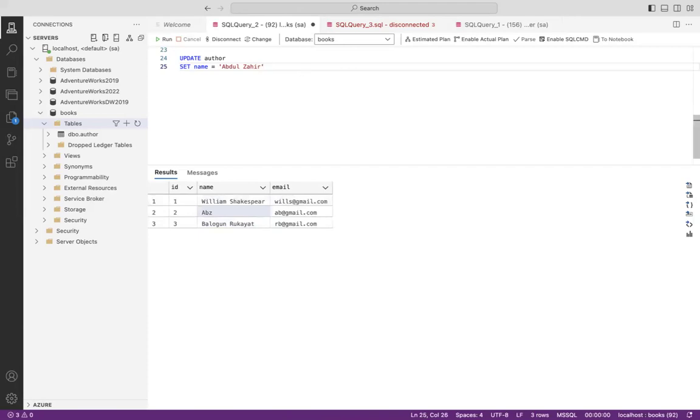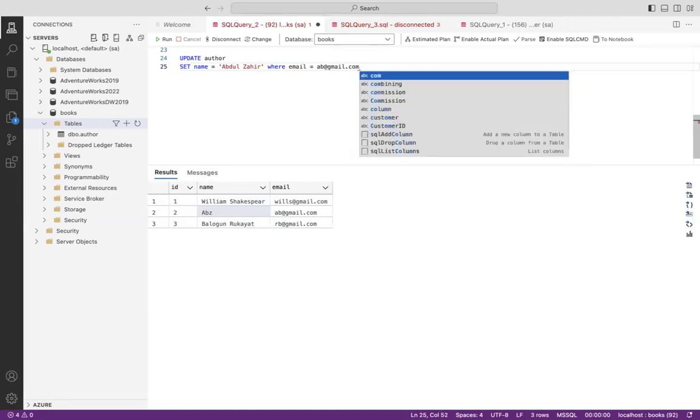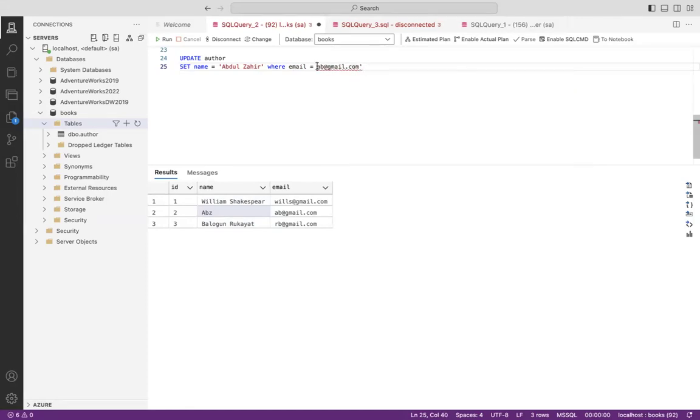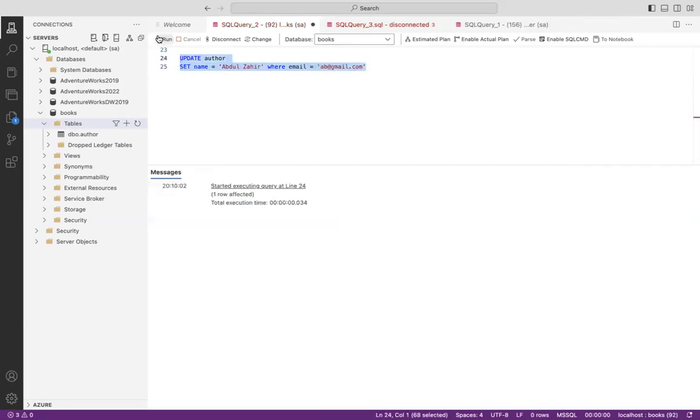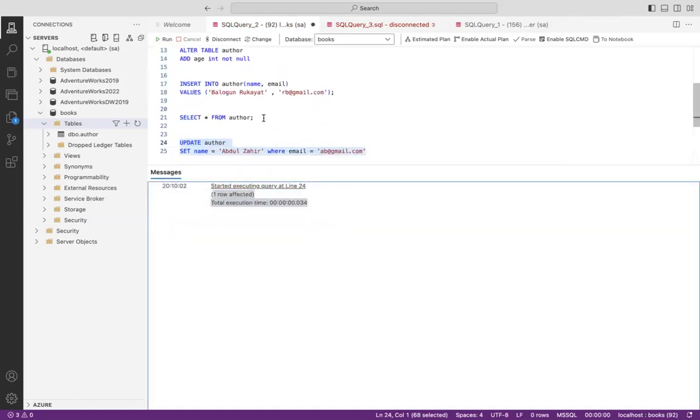So I need to look for something that is only particular to this person. So I'm going to use a where clause and say where my ID is equal to 2. There's only one user that has an ID equal to 2, which is this person here. Or I could say where email is equal to AB, Gmail, or whatever I have there. So I can either use it like this or use the ID. So you can now see I have one row affected. So if I run this again,